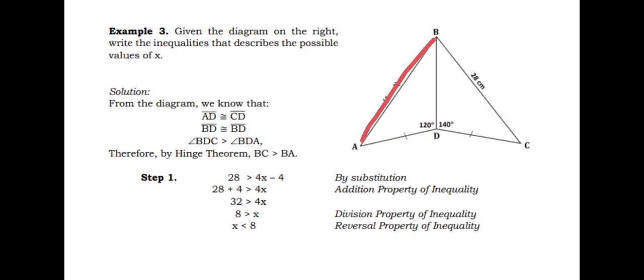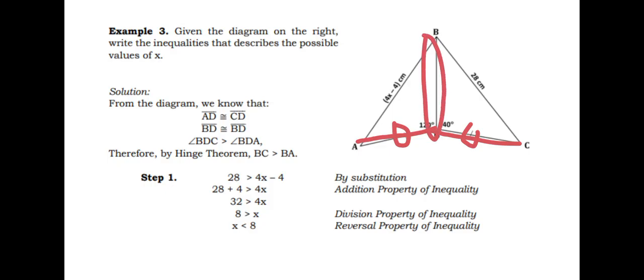So as you can see, this side is congruent to this side. Okay, so that's the first pair. The second one is this one. This side is common to both triangles because of reflexive property. Therefore, we can apply hinge theorem here because two sides are congruent. So let's check the details.